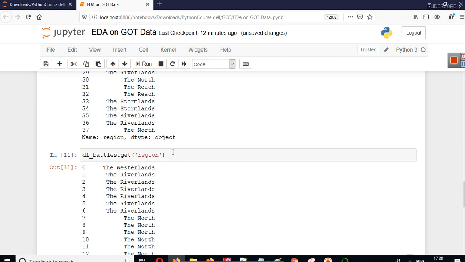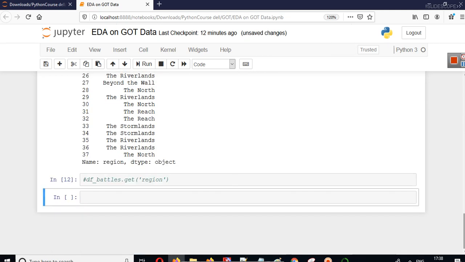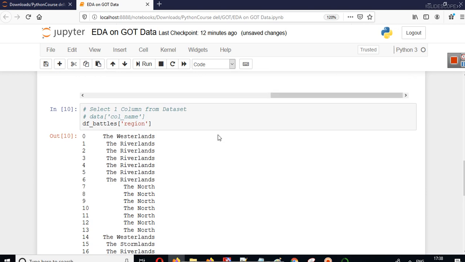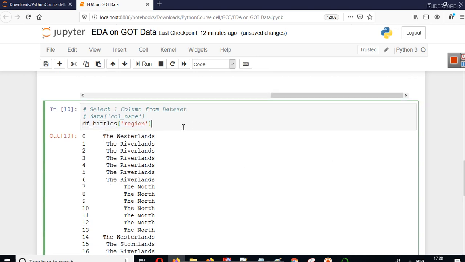Now since we have got these two, we can use any particular method. I will hide this. I prefer this because there is a benefit of using it: we can get two columns also. I will show you how you can get 2 columns, 3 columns, any number of columns.